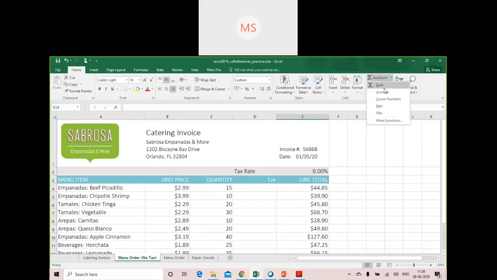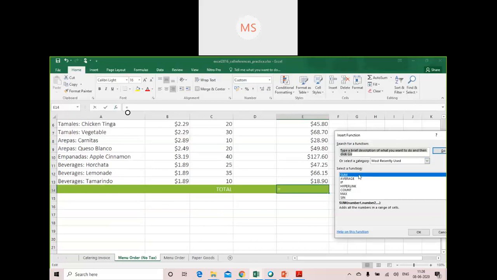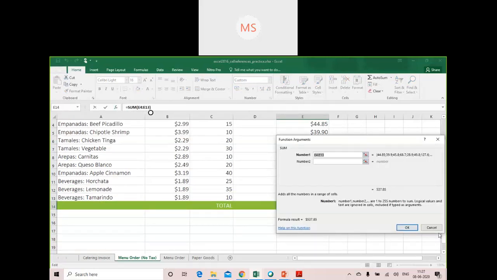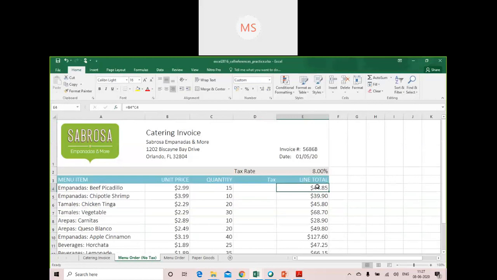Now as you can see, these are some basic functions like sum, average, count numbers, max, min, and then there are more functions also. So from here you can select any of them. Suppose I want to make use of sum. The moment I click on sum, it gives a range of which numbers you want to add. So you can apply number one, number two. Otherwise, if you want, you can give a reference of the particular cell range, from which cell to which cell you need to perform operations.